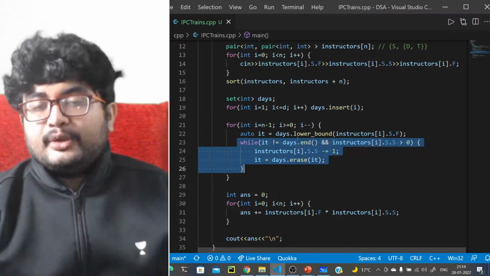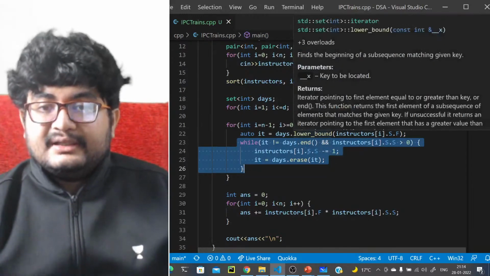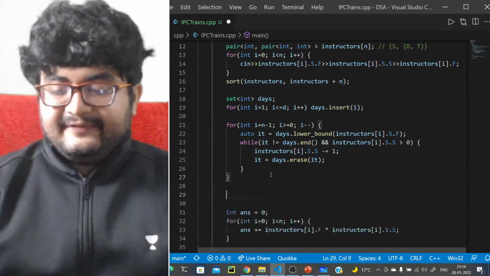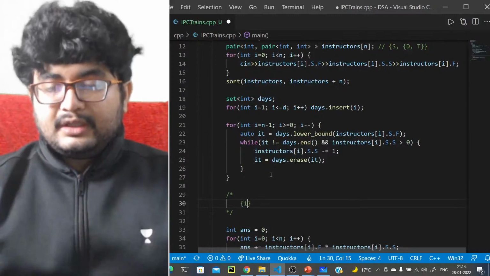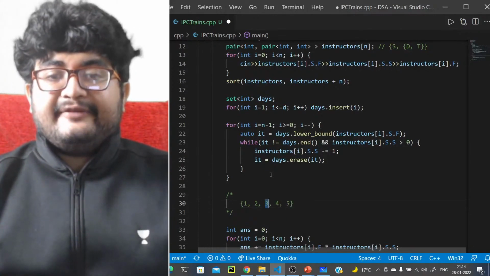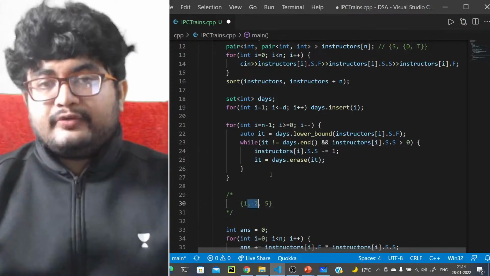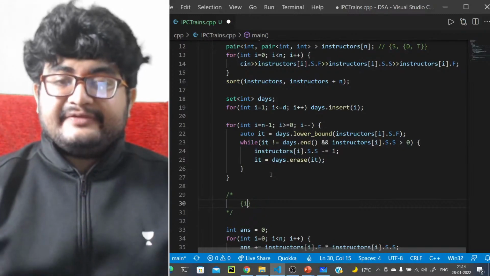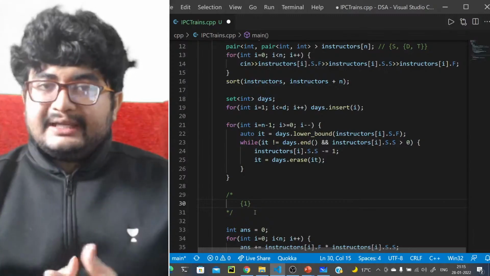See, when we are looping over all the days, right? We are looping over all the days that are valid days, and we are removing them from the set as well, right? Let's just say in the first iteration, we have the days initially as 1 2 3 4 5. In the first iteration we delete 3 and 4. So in the second iteration we only have 1, 2, 5. Let's say we delete 2 and 5 in the second iteration. In the third iteration we only loop over one element. So in total, we are only looping over the total number of days that are there.